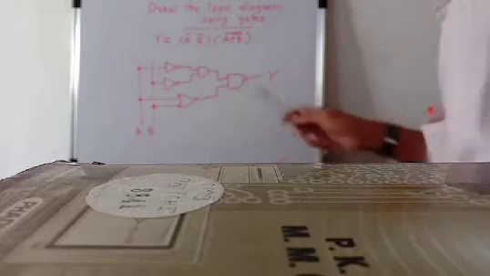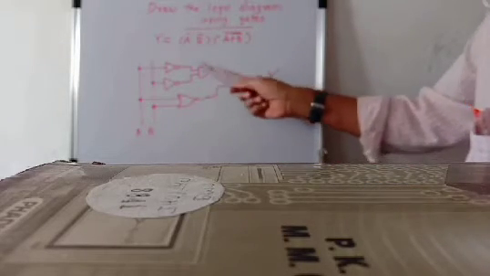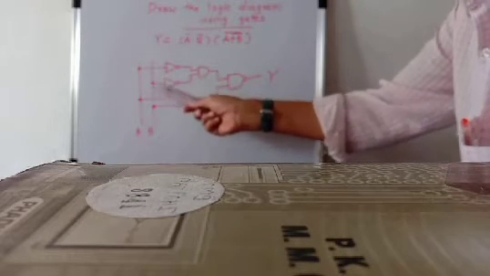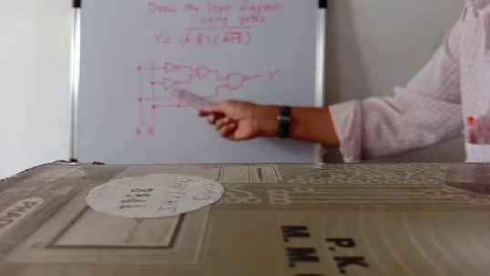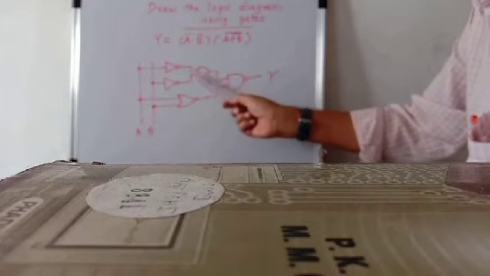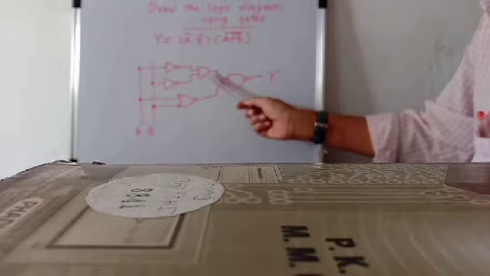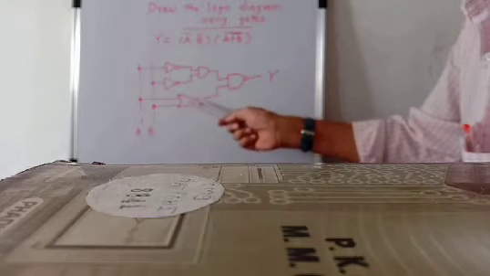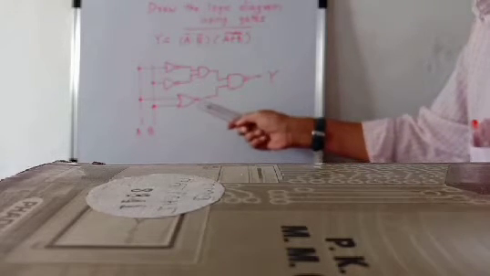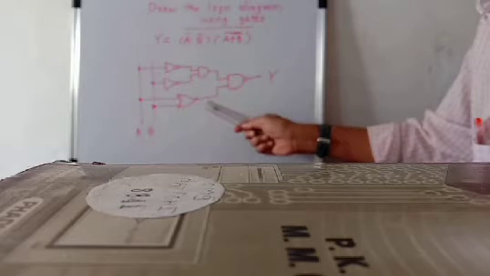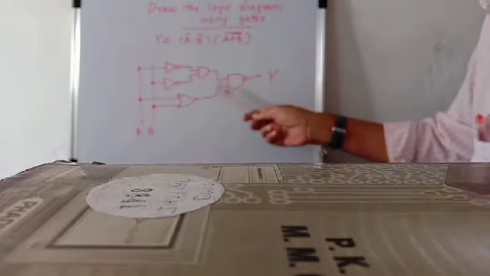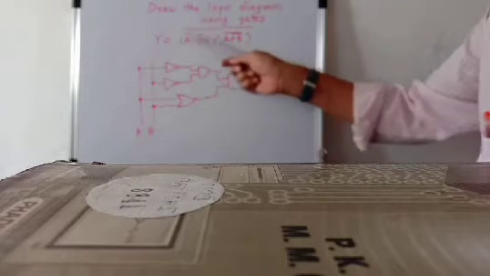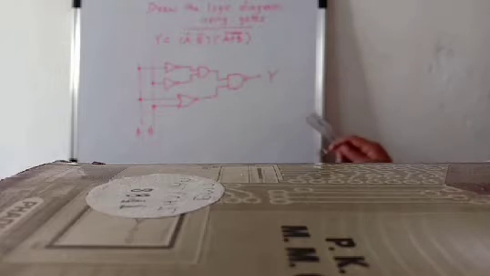So Y is equal to A bar into B bar. A is inverted by this NOT gate; here we are getting A bar. B is inverted by this second NOT gate; we are getting here B bar. This is the AND gate, so output A bar into B bar. This is a NOR gate, so the output of the NOR gate is A bar plus B bar. Then here A bar into B bar into A bar plus B bar and whole bar, so we require one NAND gate.